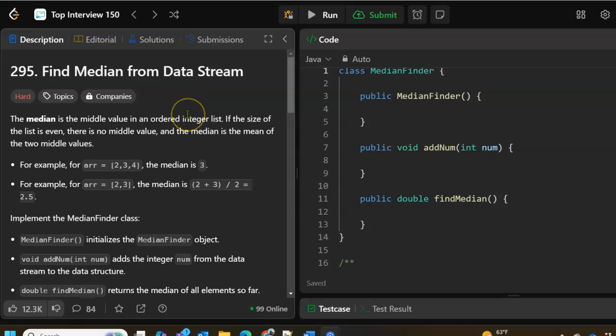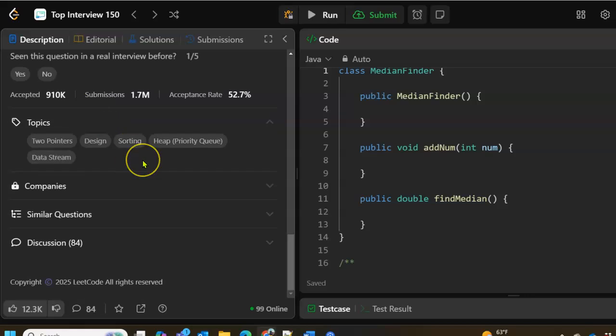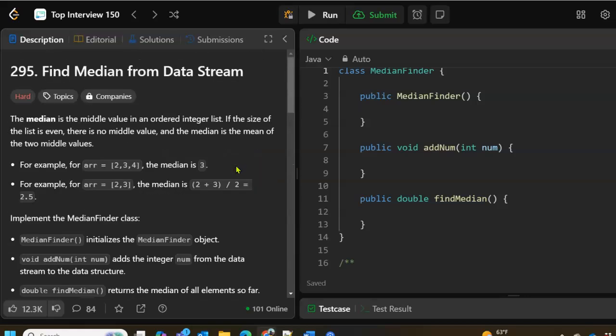All right, so this is listed as a heap question. What do they have here for topics? Heap, okay. Two pointers. Oh no. I don't know if we're gonna do two pointers. Let me think. Well, we'll see. Sorting. The heap, the priority queue would take care of all the sorting that we need. What else? Anyway, I'm sure there's more than one way to do this, but